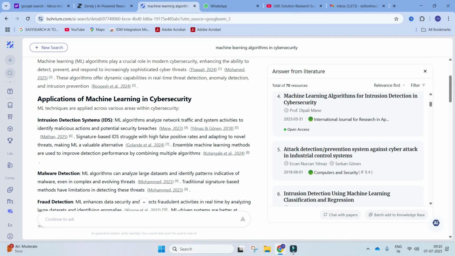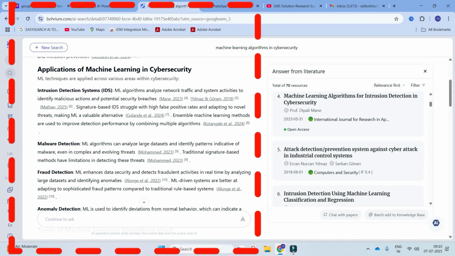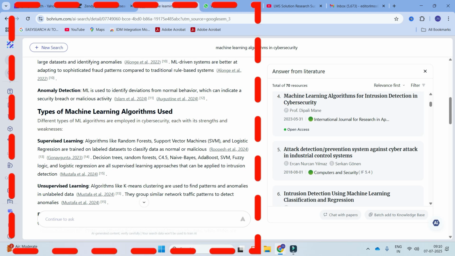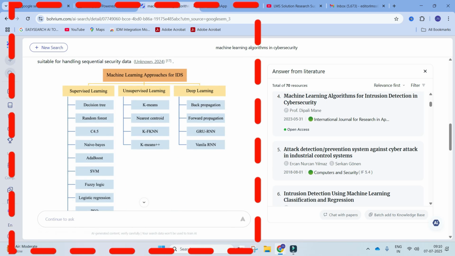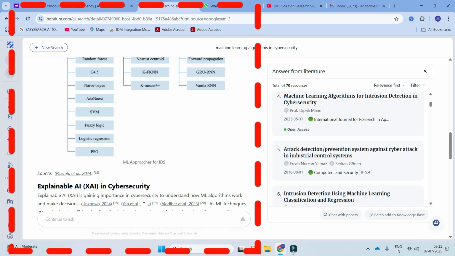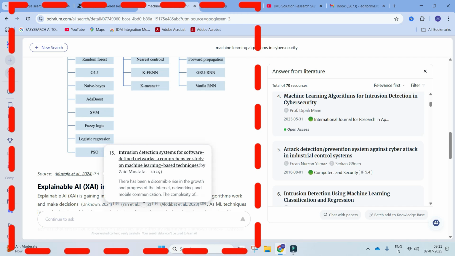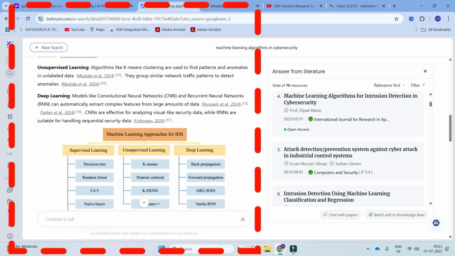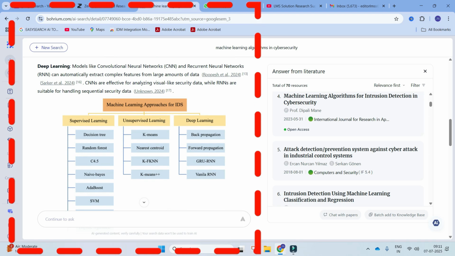Under applications of machine learning in cyber security, you can see the different kinds of techniques available and the types of machine learning algorithms used, and it is even giving pictures also. Here you can see pictures from the particular sources. The most relevant pictures from any of the sources will be showcased here. This will be very helpful for you to get an idea about how to make a block diagram or